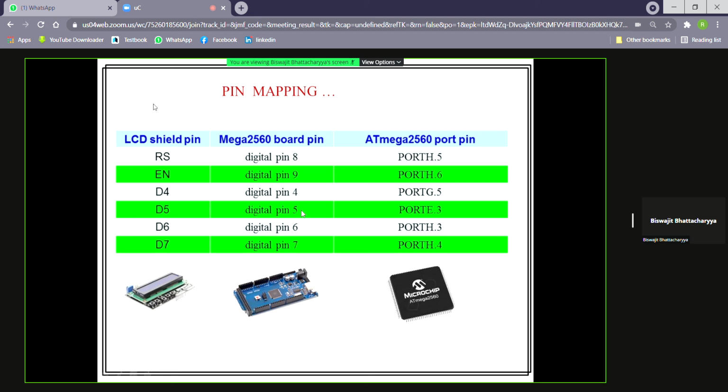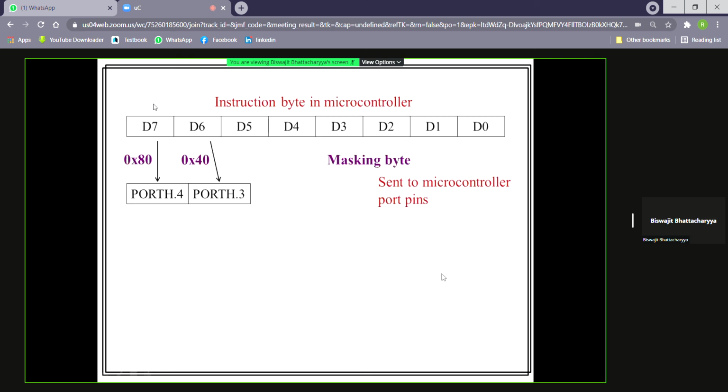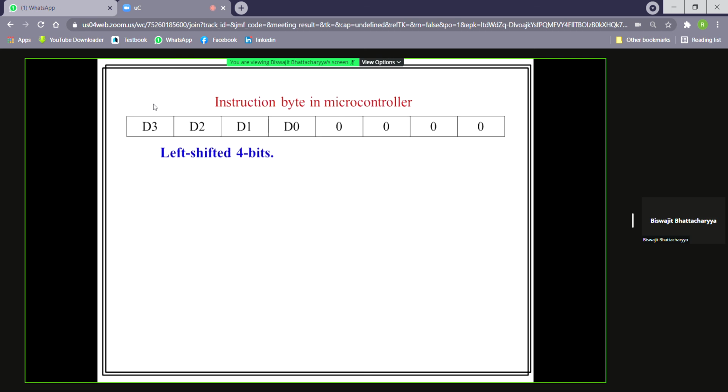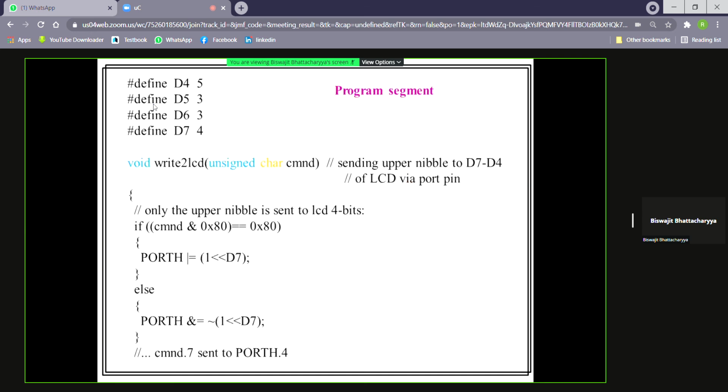D4 bit means it is port G.5, E.3, H.3, H.4. So 5334 is the location of the bit or pin, and in the program the same thing is coming: 5334 for D4, D5, D6, D7.